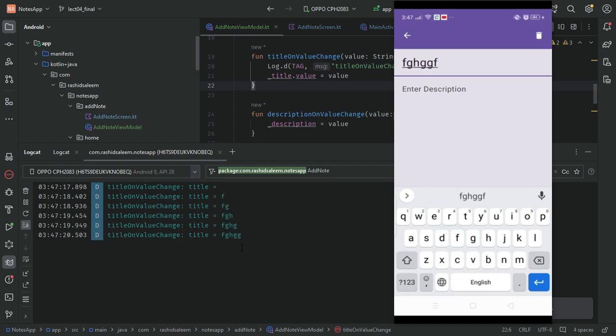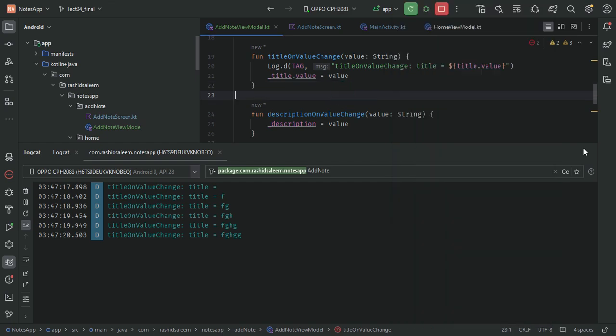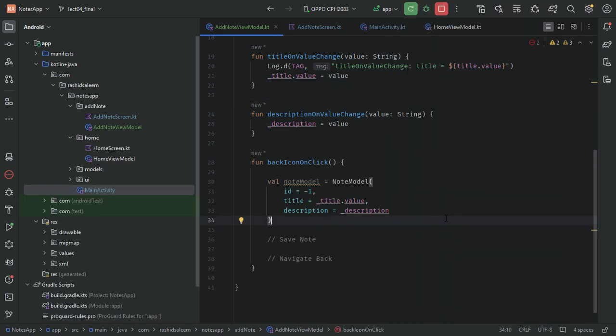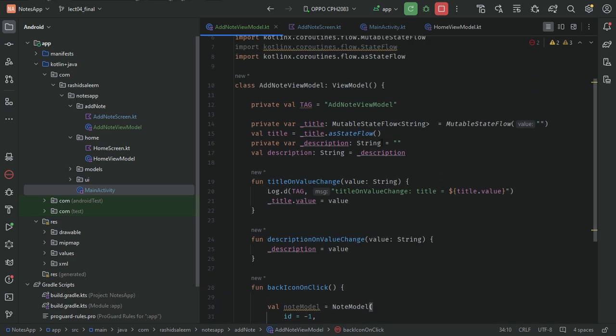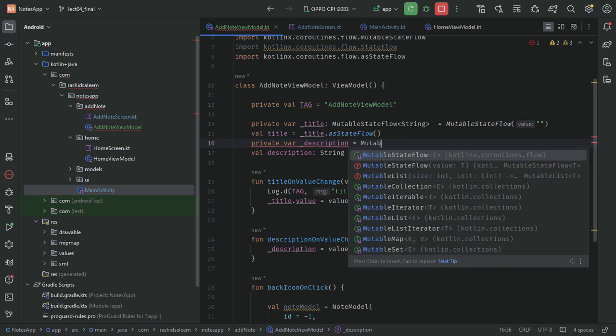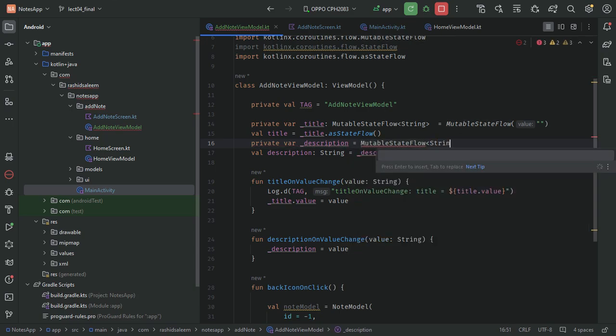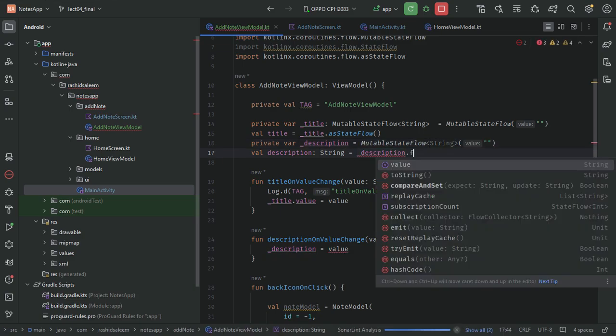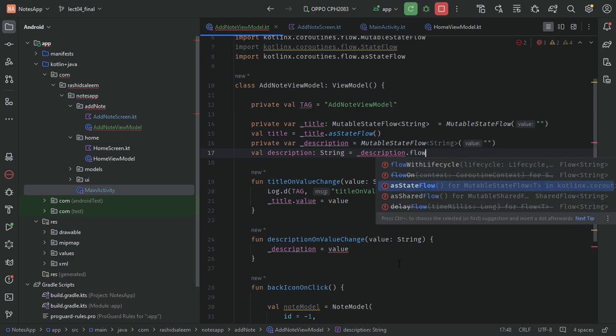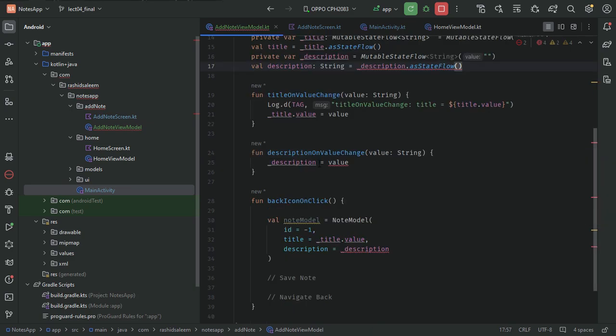So the next thing is we need to do the same thing for our description text. This time we will do it in a shorter way. Let's not define the type, mutable state flow with empty, and the public variant of this one is asStateFlow. Fix these errors, .value